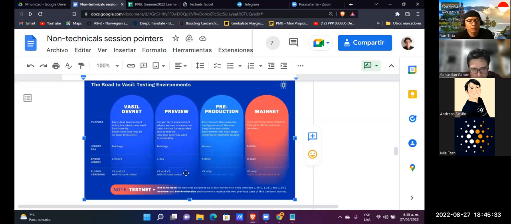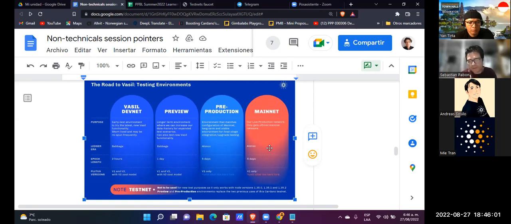So at this moment, the preview testnet functions on top of the most recent era, Babbage, but the pre-production until now functions on top of Alonso, a previous era.